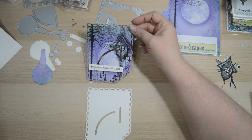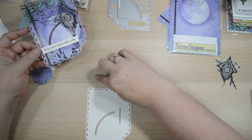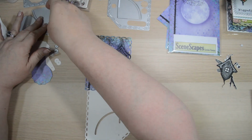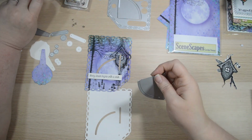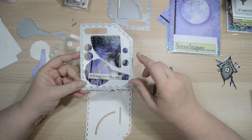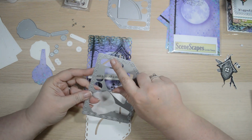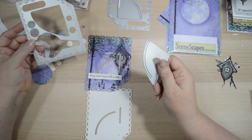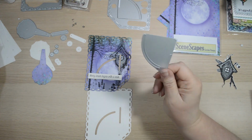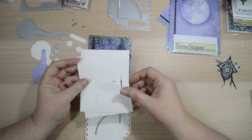One of the extremely versatile portions of this die, the way that I designed it, was so that when you get your die, like I showed you in the packaging, it has all these pieces. You could take this out and just use this die. Okay, it's a cute little frame. But more importantly, you could take this portion, which is the slot and mechanism portion,